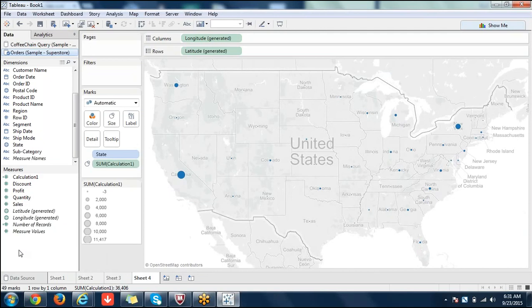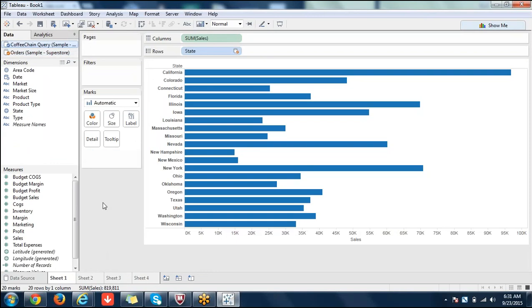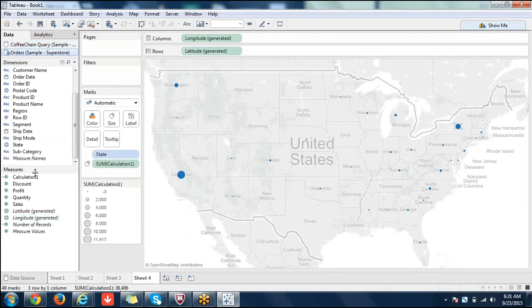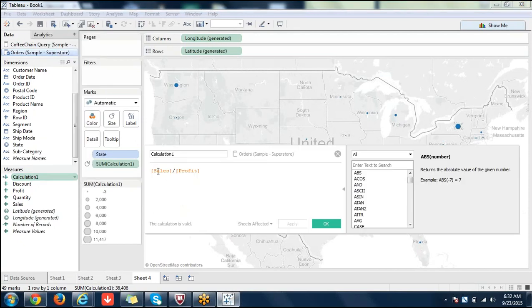So what I told you in the starting of the topic is blending will combine data from both data sources at aggregate level. It will not do at row level. What I mean by that is, for example, even if I click any measure here, you're seeing sum of sales. Even in calculations, you see this calculation, I wrote it sales by